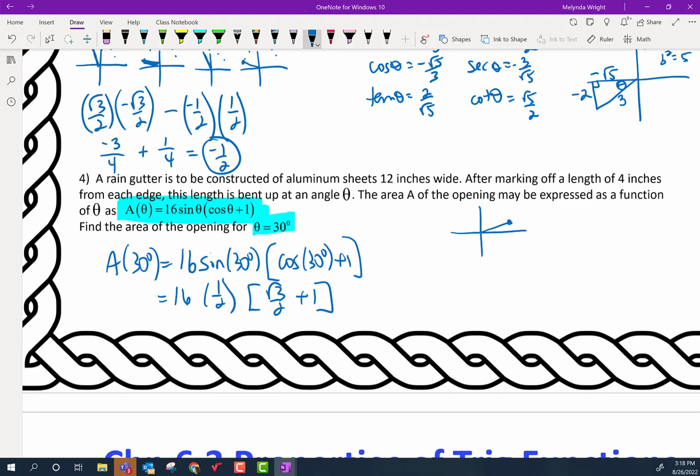Then, all we can really do, 16 times a half is 8. 8 times root 3 over 2 plus 1. That's my answer, unless I have a calculator and they want me to do decimal. That's all I would do. We can't do root 3 over 2 plus 1 without a calculator. That's really not a thing. And that's it. How are we doing? What was the purpose of